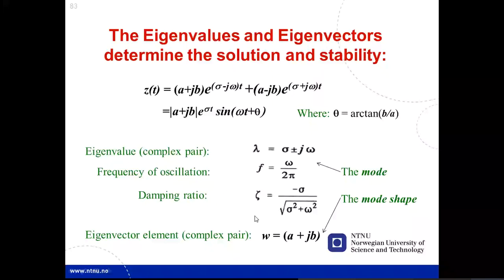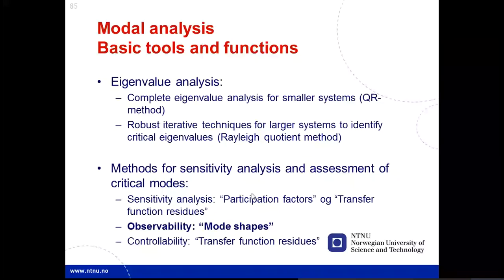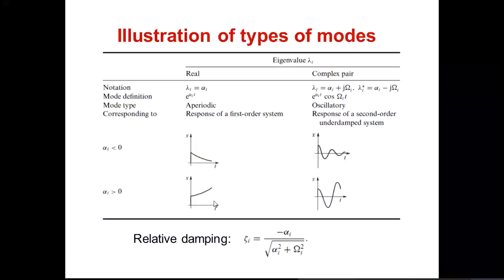All this I think we have discussed earlier. I will skip it, but just to recall, from the eigenvalue property, if the eigenvalue has a real part and it is a complex eigenvalue, then